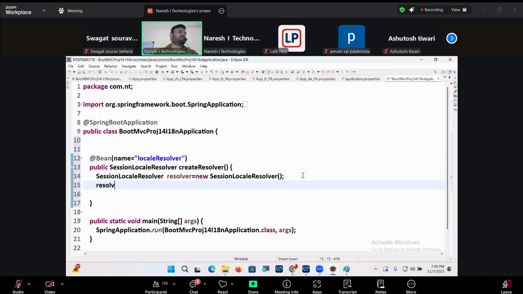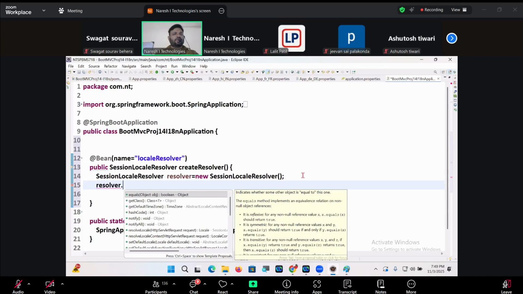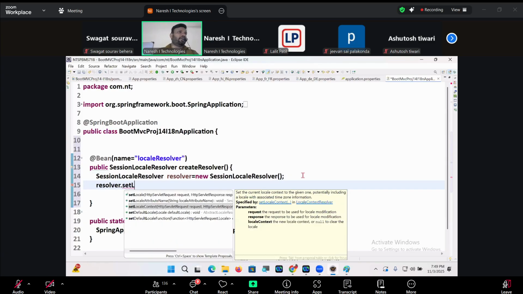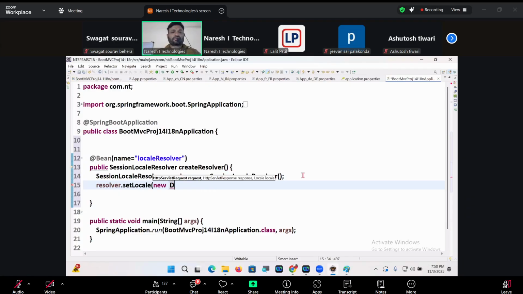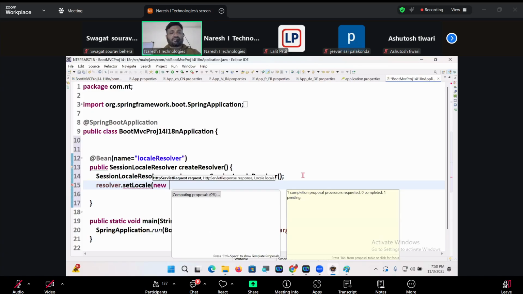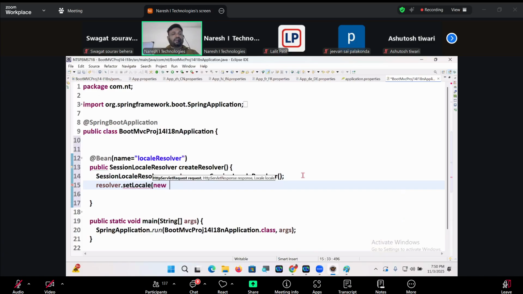Resolver dot setLocale. Are you getting my point there? Resolver.setDefaultLocale. Fine.